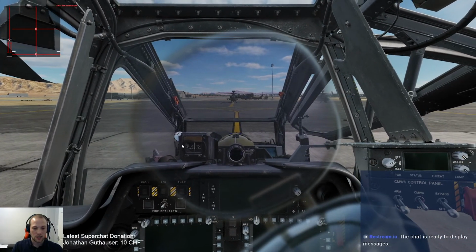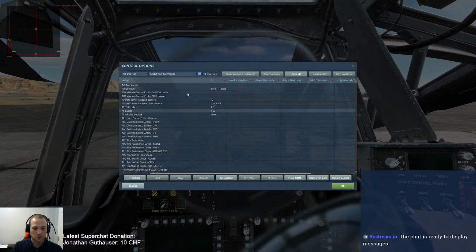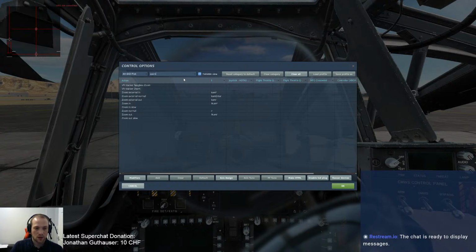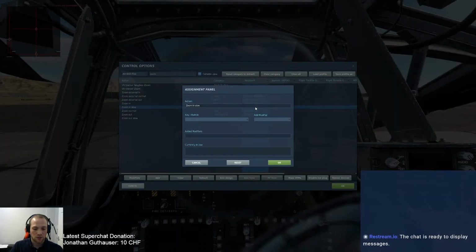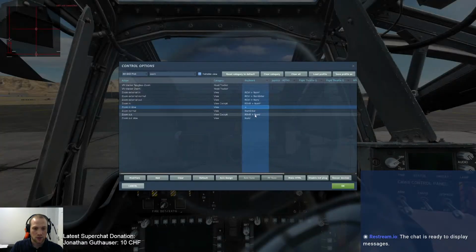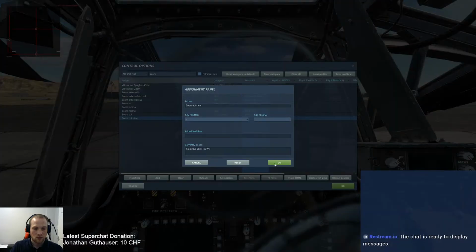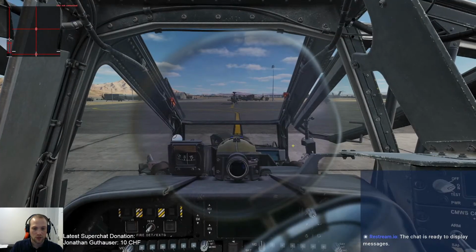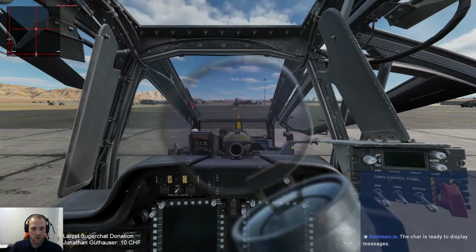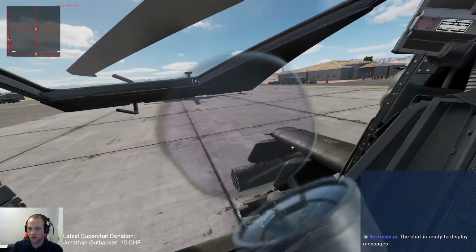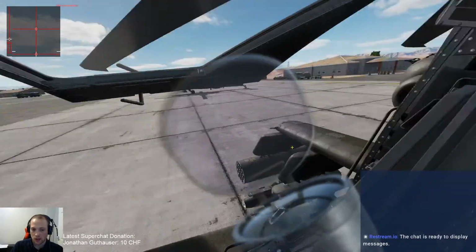Oh yeah, so now I need to go adjust controls, zoom. So I usually use zoom in slow and zoom in. So zoom in slow, clear. Zoom in slow, that's going to be equals, and zoom out slow. This is what I use for all of my DCS modules. So that means my muscle memory is literally, that is my muscle memory for zoom, and that's fine. Okay,